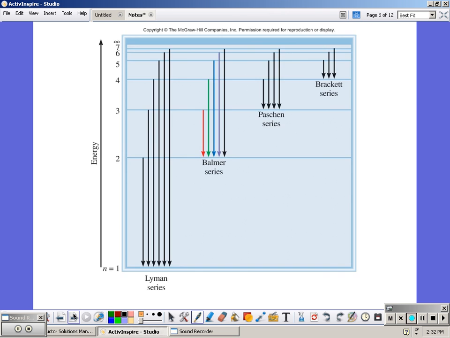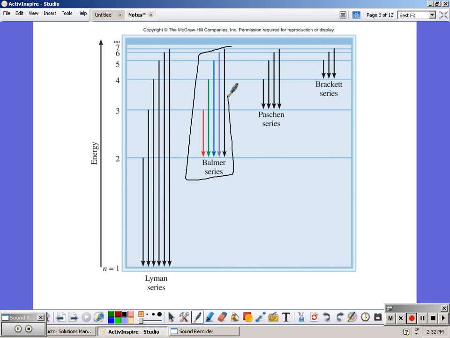So if you look at the hydrogen atom and the emission spectrum that the hydrogen atom gives us, we have different series. So the Lyman series, the Balmer series, those are named after the scientists. All four of them are named after the scientists that studied that series of lines for hydrogen. The Balmer series is probably the easiest one for us to understand because that's the one that falls in the